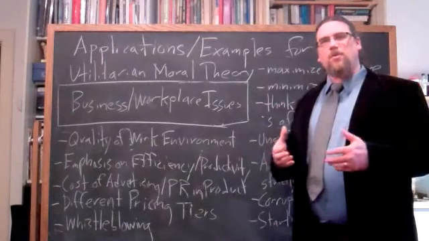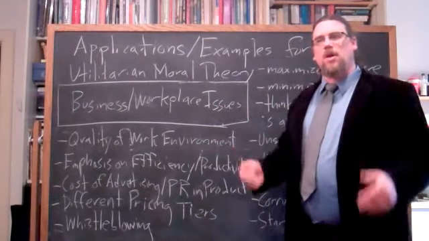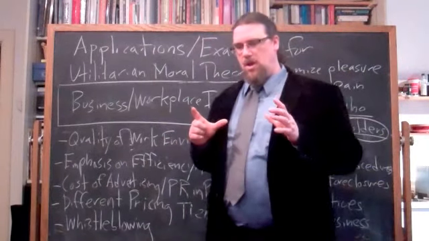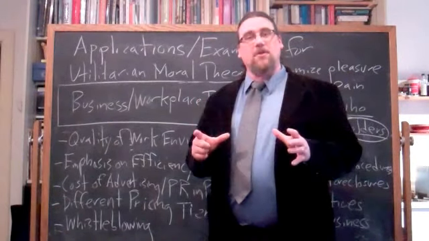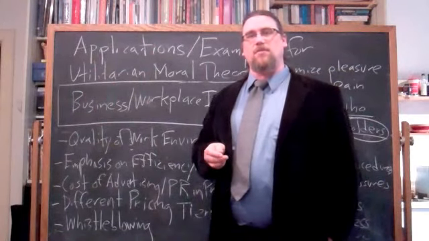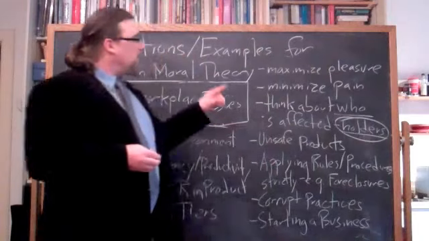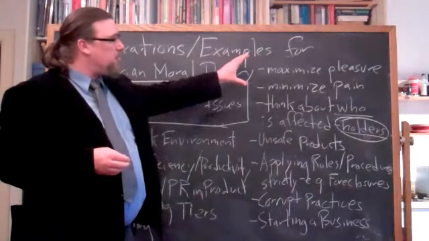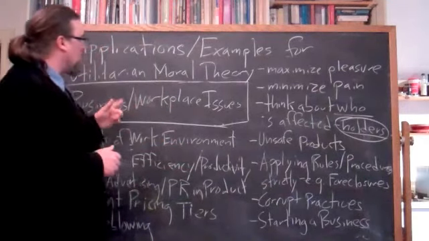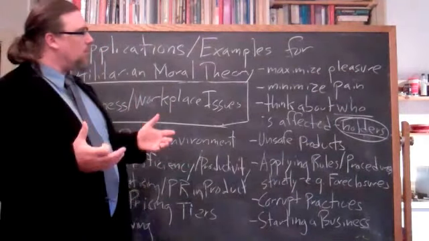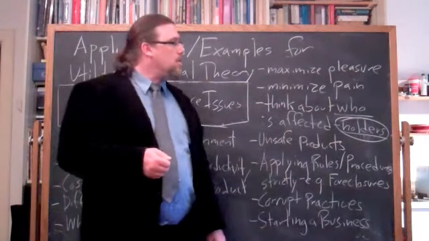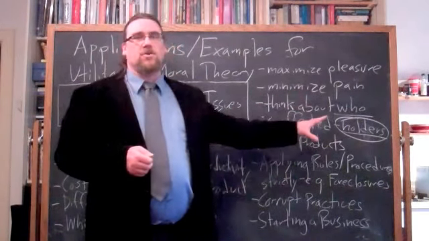So, it's often framed in terms of stockholders versus stakeholders, but Bentham would frame it actually in terms of a sort of narrow conception of what he calls beneficence, doing well to other people, and then a wider, expanded, more global understanding of beneficence. So, to recap, it's not just a matter of maximizing pleasure and minimizing pain for the people involved in the company or in the workplace, let alone those who own the workplace or own the business or own the concern. It's about everybody who's potentially affected by it.